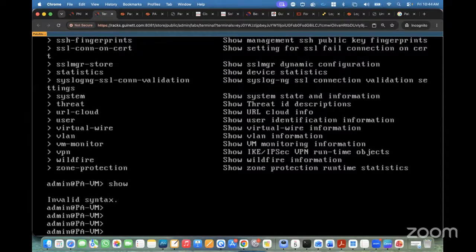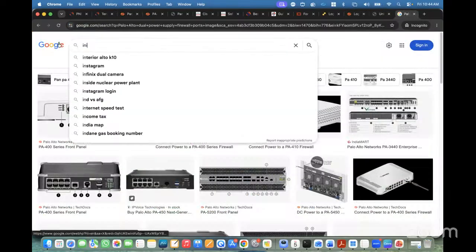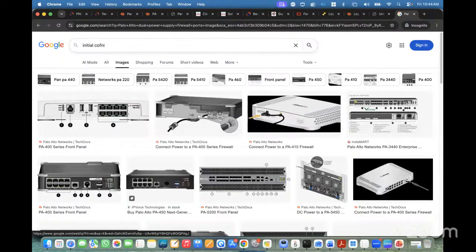So I need to confirm what is my management interface IP address, because I mentioned that for Day-0 deployment, even if you go for the official initial configuration